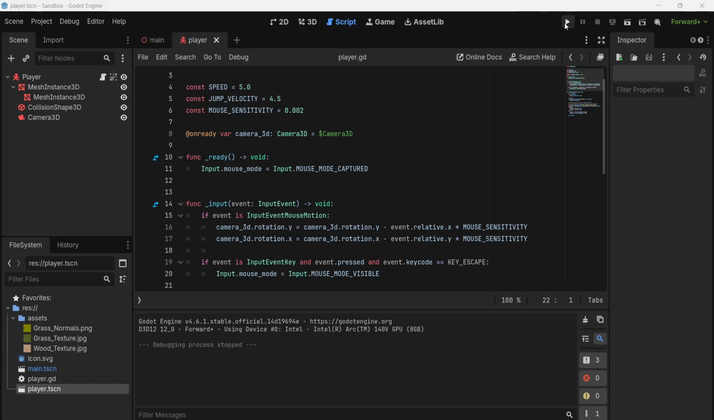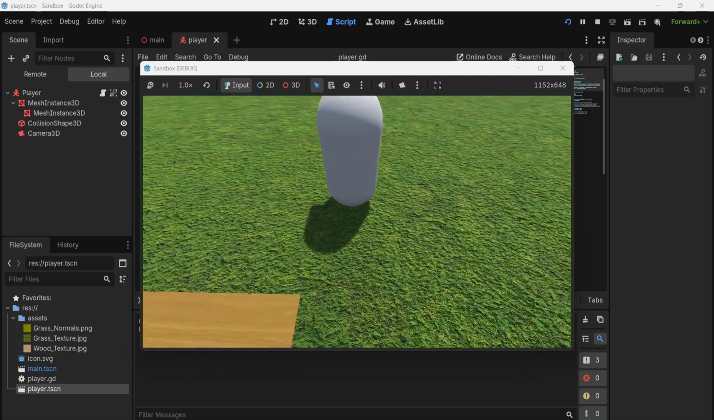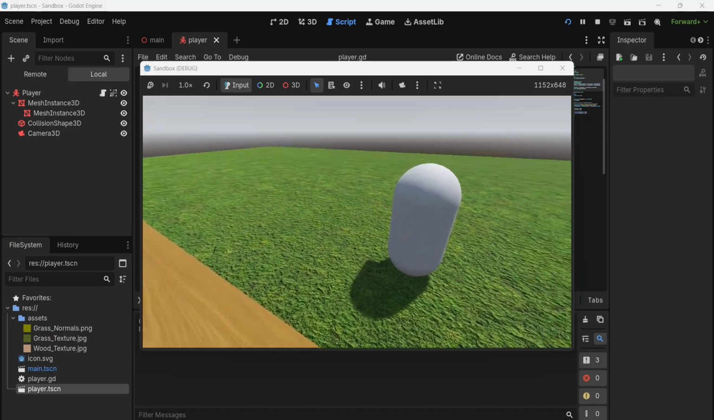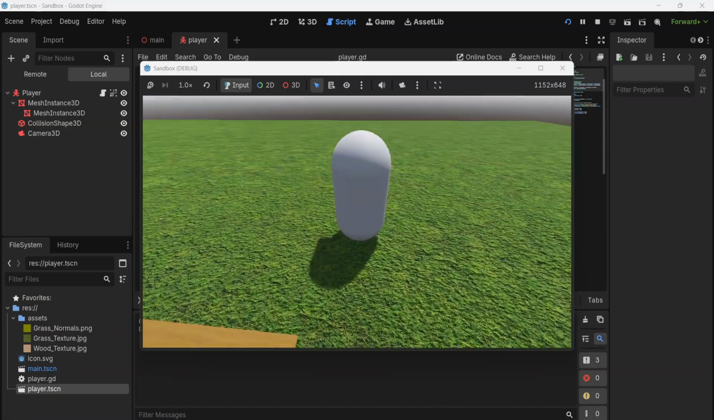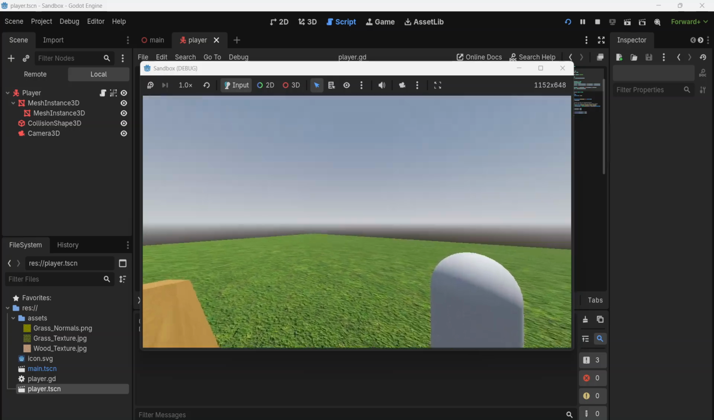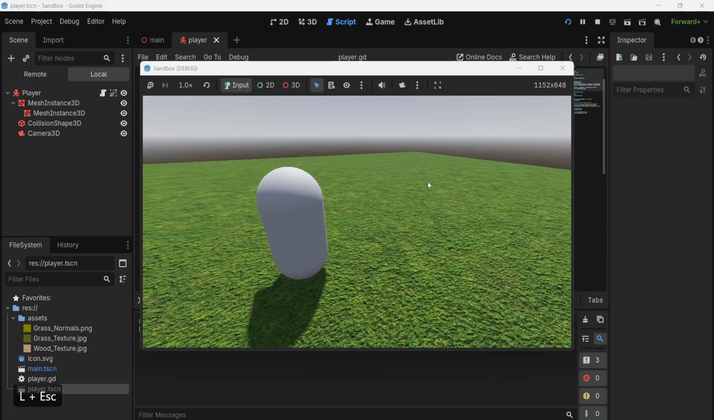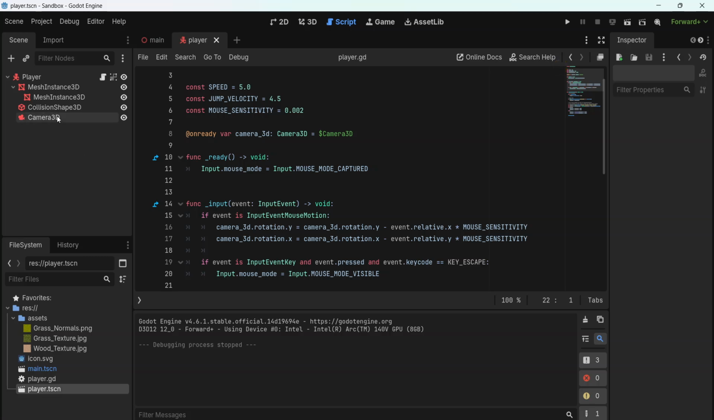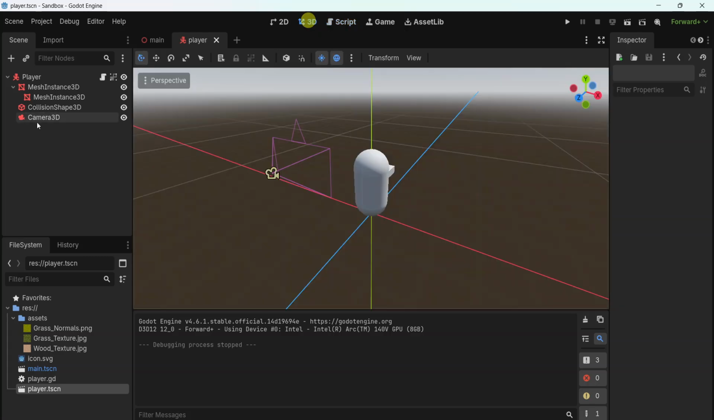So we now have a camera that is following the mouse position when we drag it around the screen, kind of like this. But it's still got a slight problem to it because it's rotating around wherever it is in our little scene. It's not rotating around the player. So we're actually going to need to move our camera in the scene